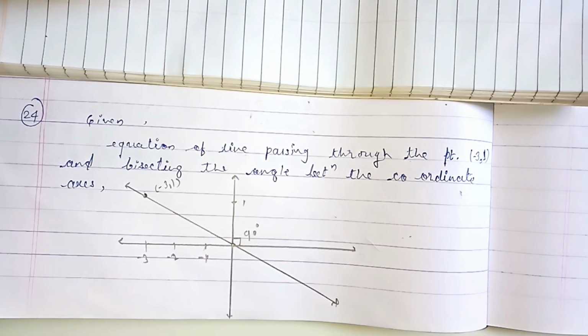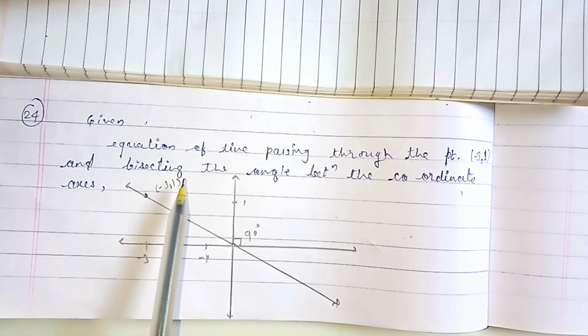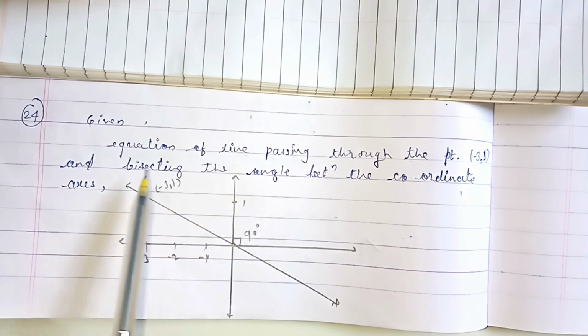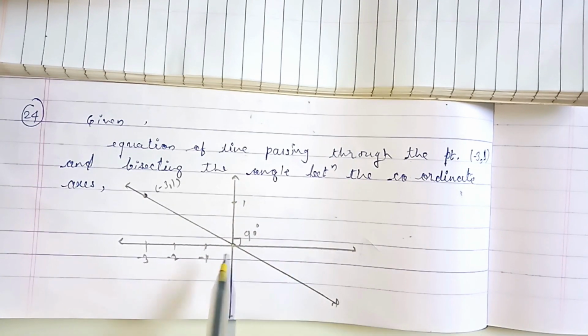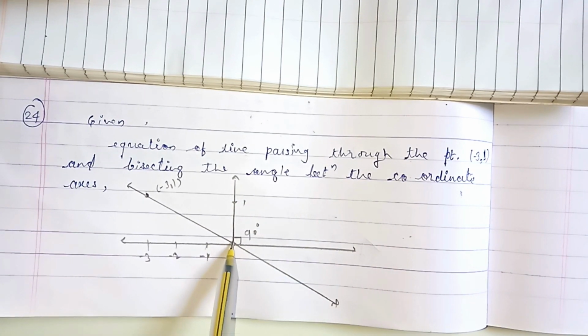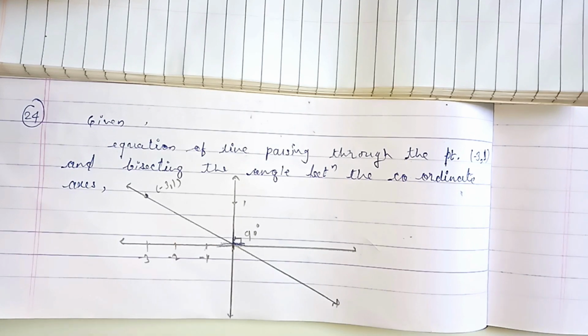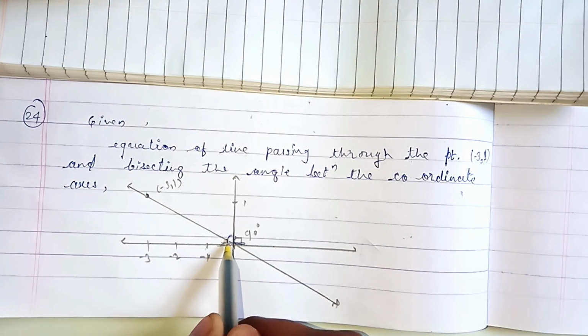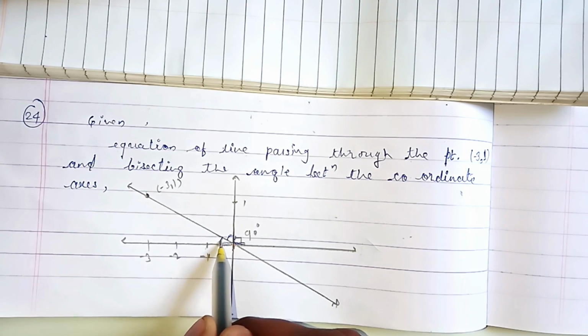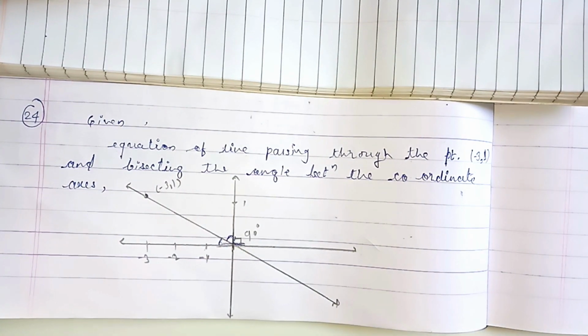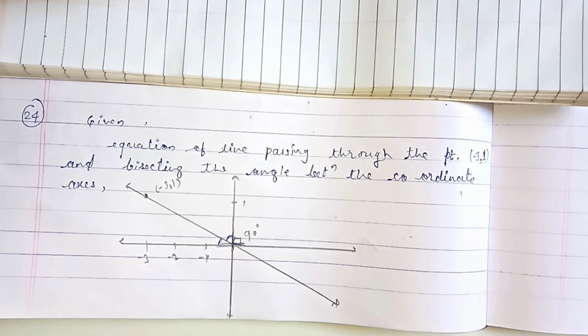The line which passes through that point goes through the center, or it bisects the angle between the coordinate axes. So the angle between the coordinate axes is here; we always define the angle here in our coordinate axes. So what is meant by bisector of an angle? Angle bisector means bisecting the angle into two equal parts. The part here and the part here are both equal, and that's why we say this one is the bisector.